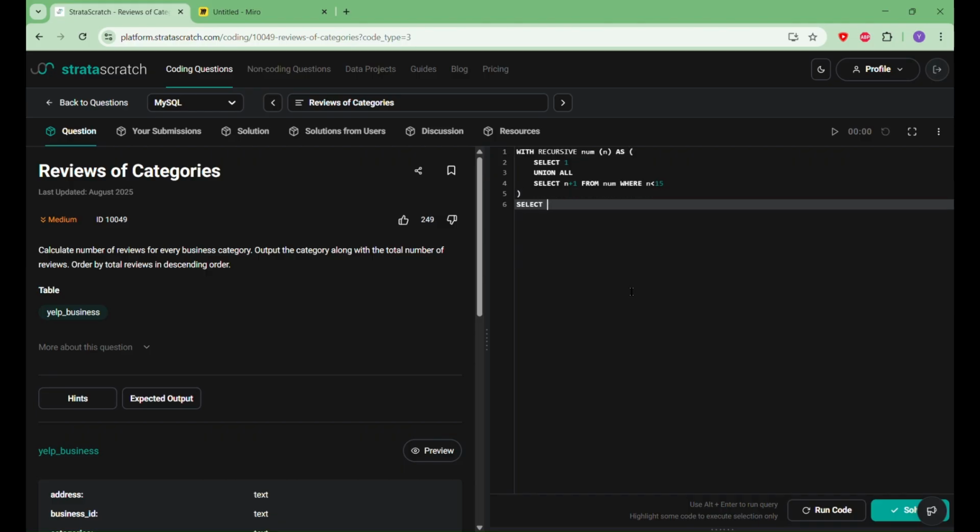So we'll select substring index, and we'll do again substring index, categories, and we'll do this, and we'll replace with this within, and then we'll do again this, and we'll get the last word as category, and we'll sum review count as total count